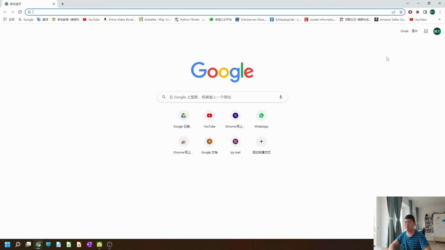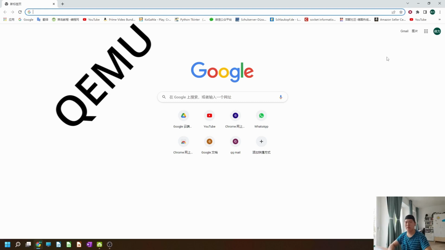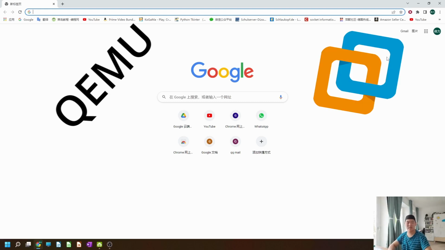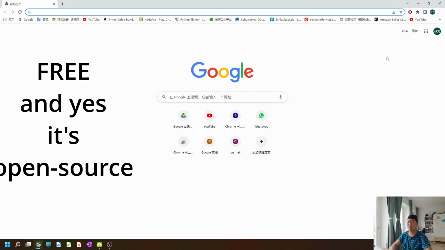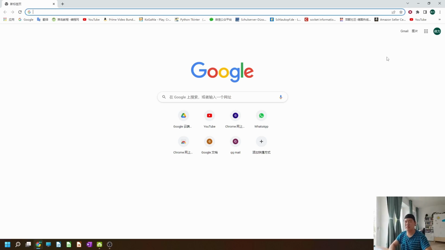So there are many programs for virtualization, for example QEMU, or however you pronounce it, and VMware Workstation. But we are going to use a free one, and I believe it's open source, but I don't think so. I forgot if it's open source or not. The thing we are using